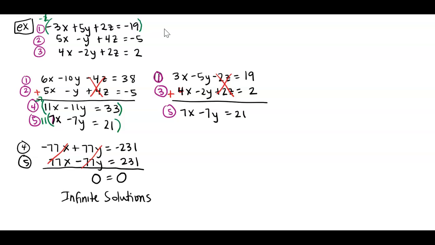Okay? But it asks you to write these with parameters. And since I eliminated z here, it would be harder to write the parameter with z, so I'm going to actually write it in terms of y, but you can write it in any way. Maybe starting off, you'd want to look and see what it's telling you, how to write the parameters. If it says to write the parameters using z, then you don't want to eliminate z first,